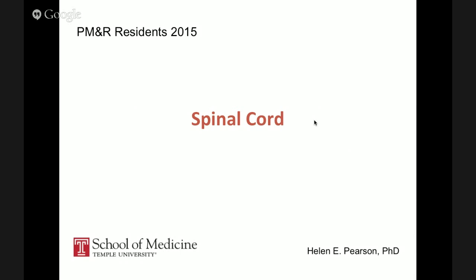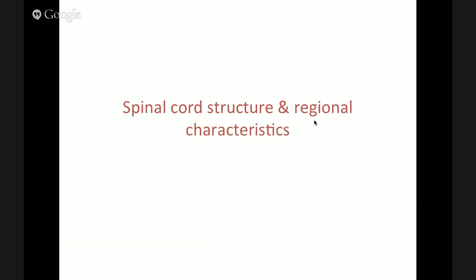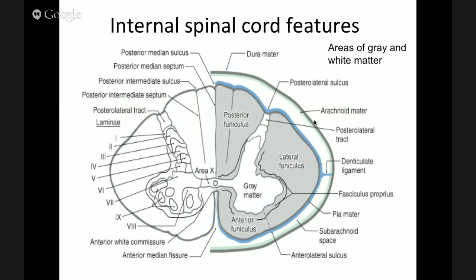Spinal cord anatomy. This is just going to be a very straightforward review of the structure of the spinal cord, some of the basic gross structures of the spinal cord. I'm hoping that for many of you, this will be really a review more than anything that's going to introduce a whole lot of new material for you. So in the beginning, I'm just going to start out by reviewing the spinal cord structure as well as some of the regional characteristics. So this is a summary diagram showing the